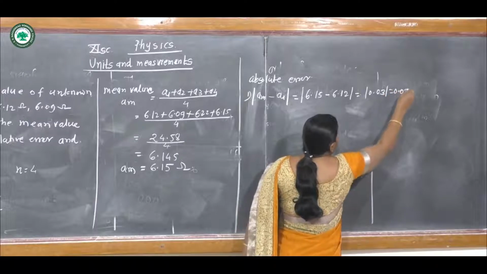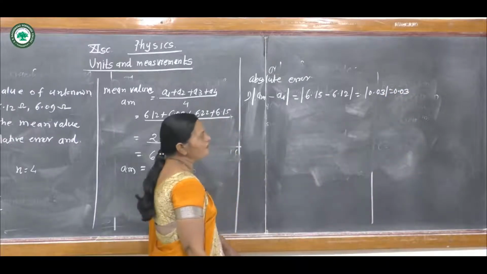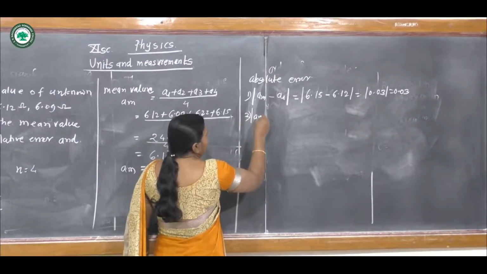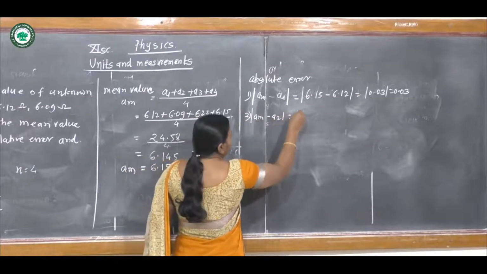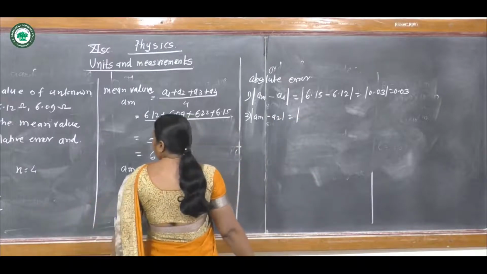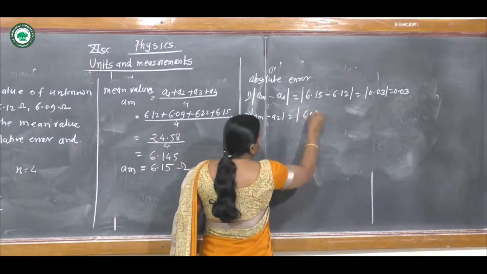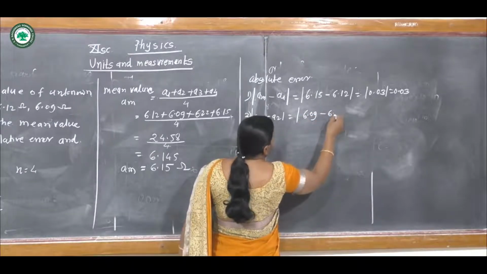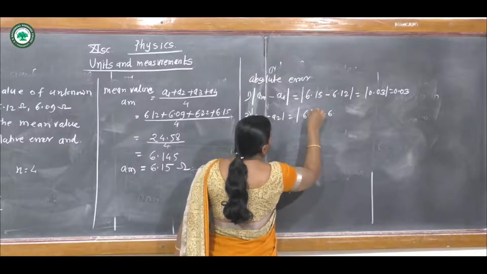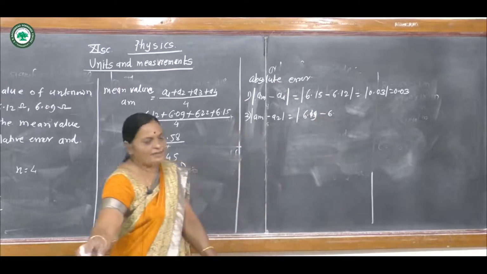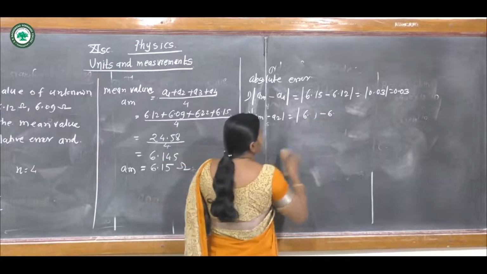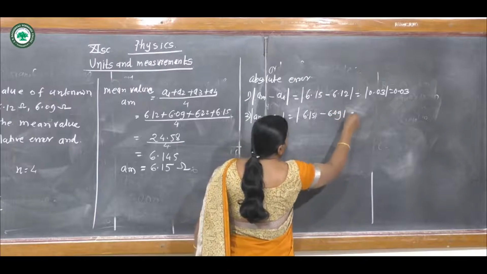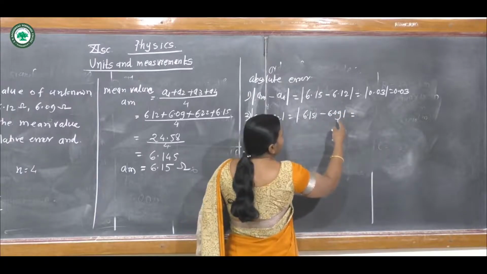We get 0.03. It is the absolute error in the first reading. Now in the next reading, that is AM minus A2, 6.15 minus 6.09,